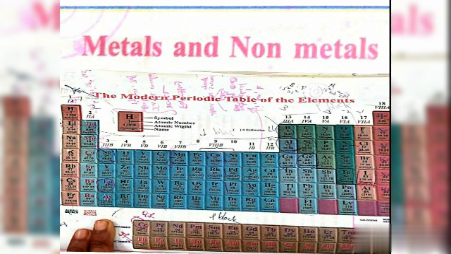Carbon, atomic number 6, has configuration 1s2 2s2 2p2. The last electron enters the p orbital, so it is a p block element. Nitrogen, atomic number 7, has configuration 1s2 2s2 2p3. The last electron enters the p orbital, so it is also a p block element. Now we will discuss about